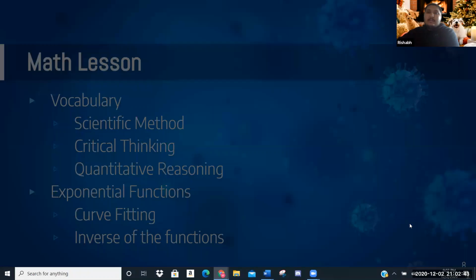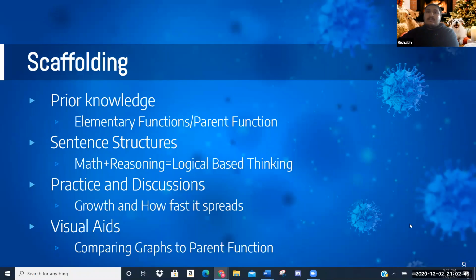And if you go to the next slide, next slide, scaffolding. So of course, students are required to have prior knowledge of the elementary function, or so-called parent function. And also with the sentence structure, they will use math plus reasoning to direct the logical thinking during this lesson. And also the practice and discuss the